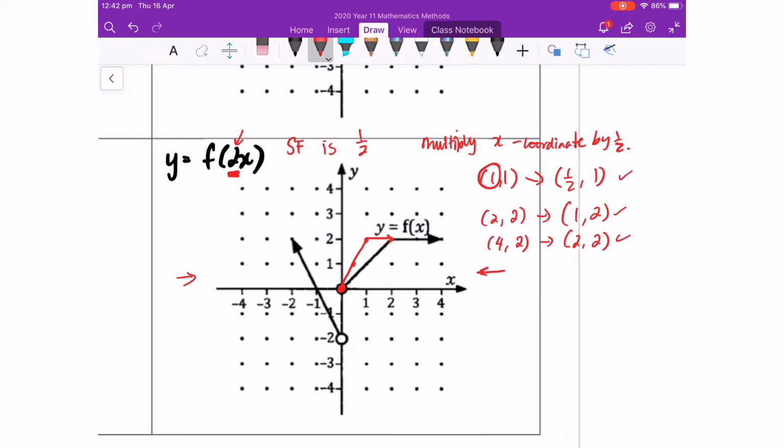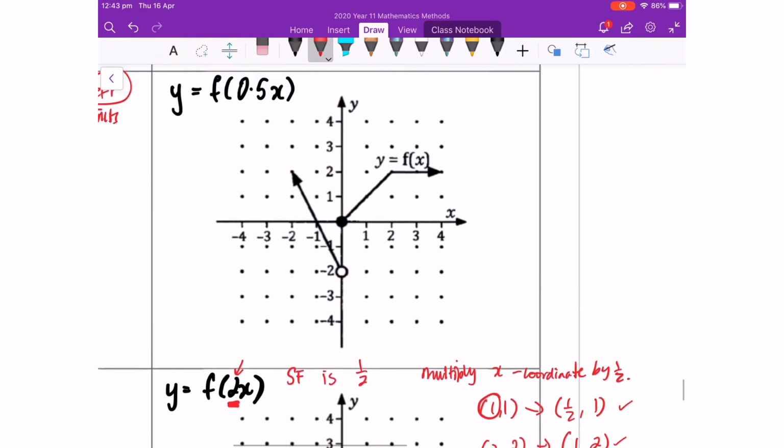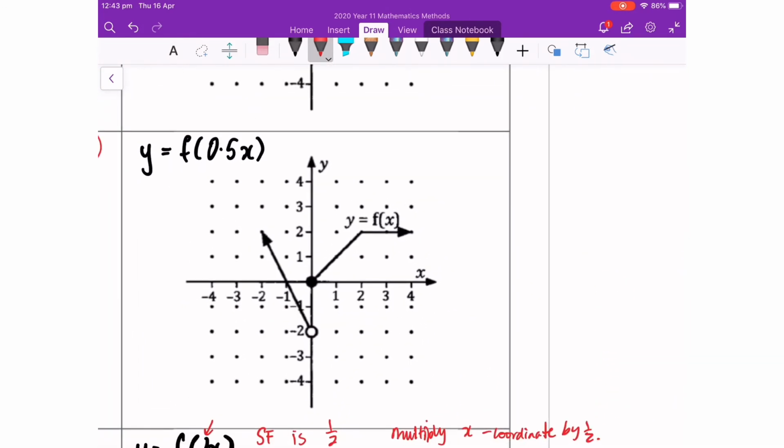I'm going to quickly show you this one here. It should end up something like that, where they've got to be squashed together. Now, I'm going to show you one final version of this where you've got f(0.5x). Note that the scale factor is inside the bracket, next to x, so my scale factor is actually going to be 1 over 0.5, which is 2. So that means I'm going to multiply my x coordinate